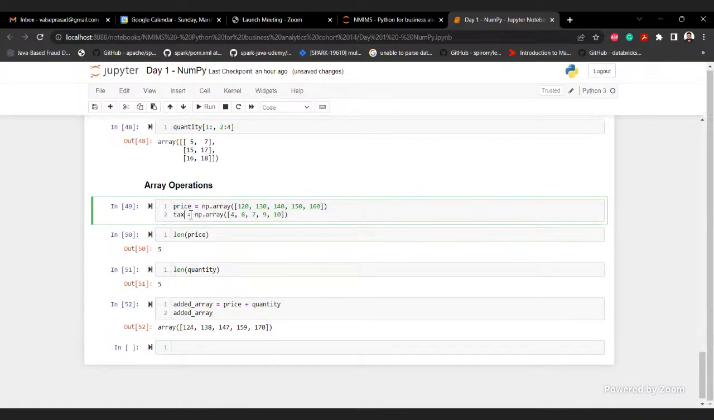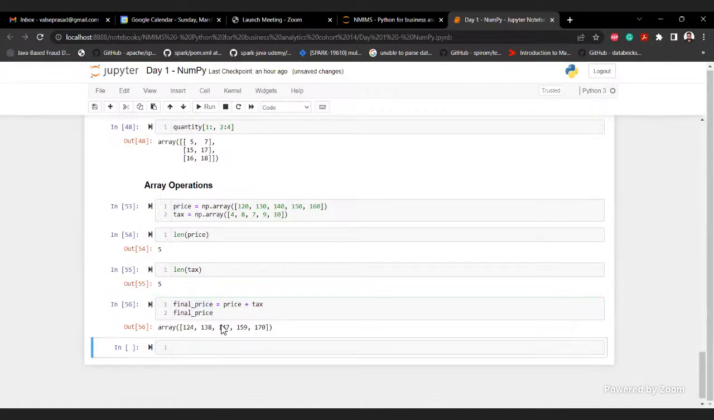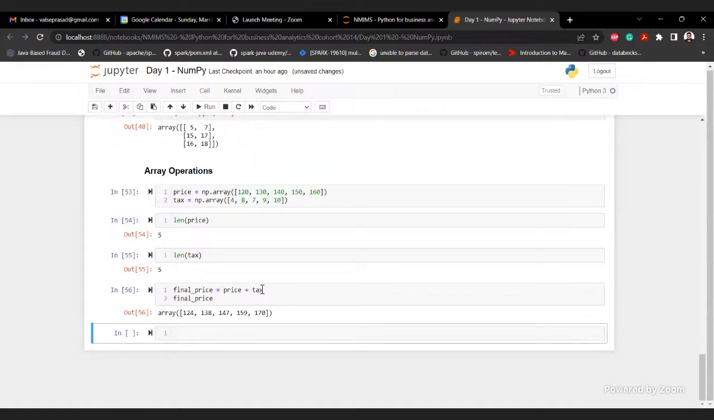instead of quantity, let's call it stats. Okay. And final price. This makes more sense, no? Yeah. So since the number of elements was the same, it was pretty easy to add